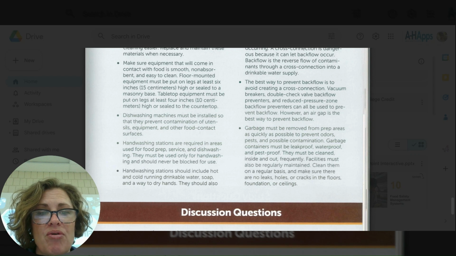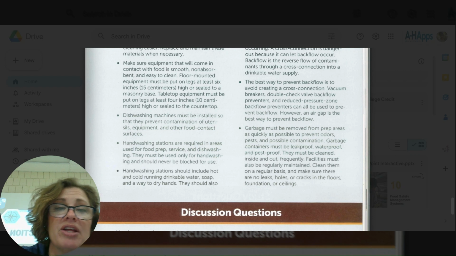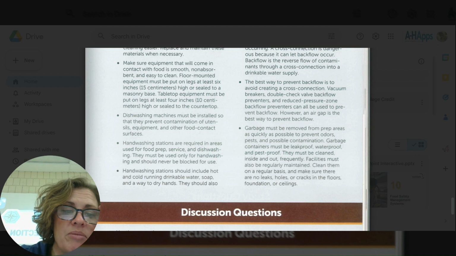Garbage must be removed from prep areas as quickly as possible to prevent odors, pests, and possible contamination. Garbage containers must be leak-proof, waterproof, and pest-proof. They must be cleaned inside and out frequently. Facilities must also be regularly maintained. Clean them on a regular basis and make sure there are no leaks, holes, or cracks in the floors, foundation,